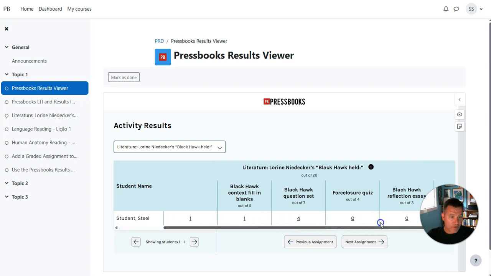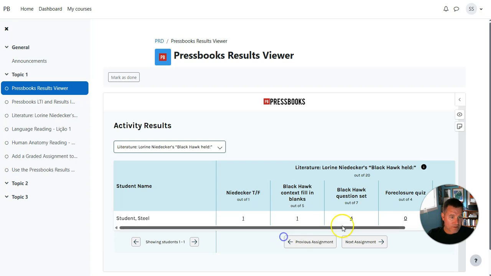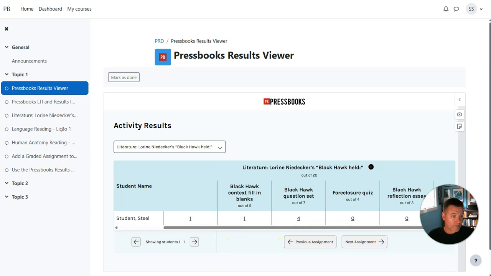Out of 20 total points, I scored a 0 out of 3 on the essay, a 0 out of 4 on that quiz, a 4 out of 7 on the question set, a 1 out of 5 on the fill in the blanks, and a 1 out of 1 on the true false, for a total of 6 out of 20. If I want, I can also see how I earned that score by looking at the details of my